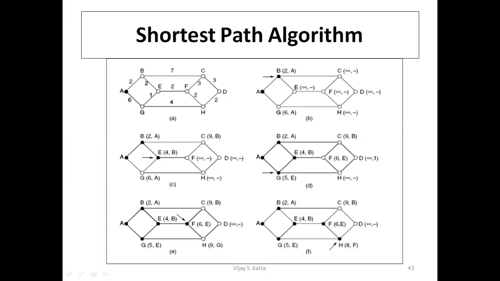Now if the packet transfers to G, its weight will be 4 plus 1, because the weight from G to E is 1. So 4 plus 1 is 5. So we will update the weight of G; it will not be 6A now, it will be 5E. And next, the weight of F is equal to 6E. 4 is already here, and the weight from E to F is 2. So that is 6E. Now from all available ones, the shortest one is this path, that is G. So the packet will select the next node G.